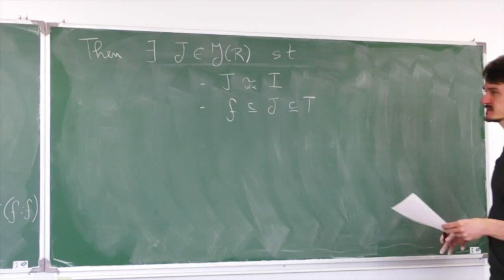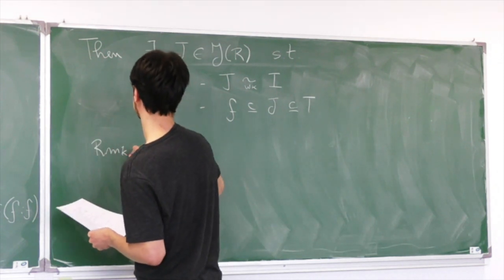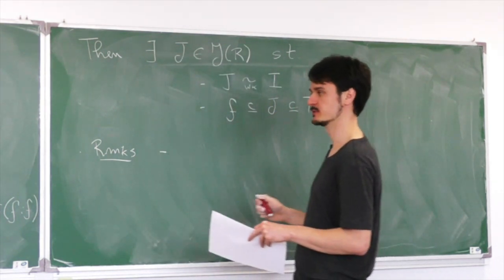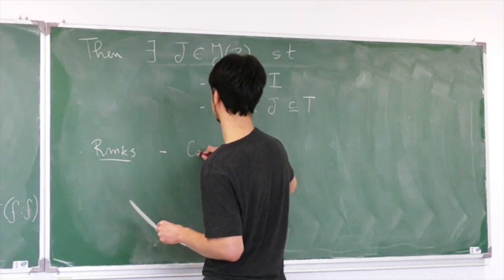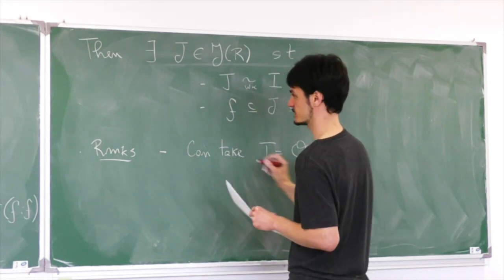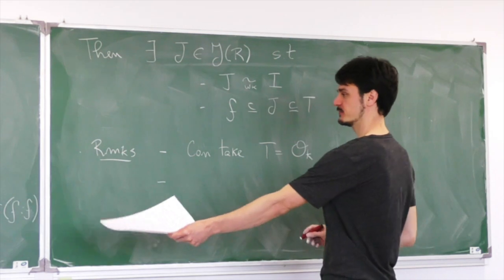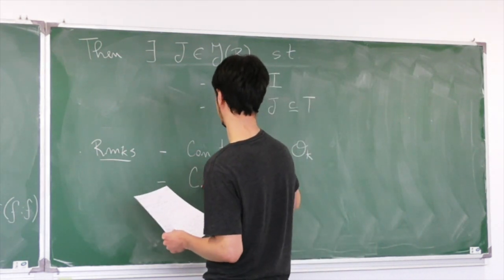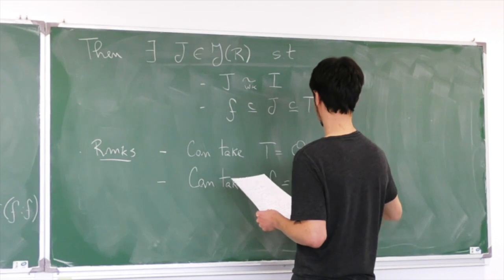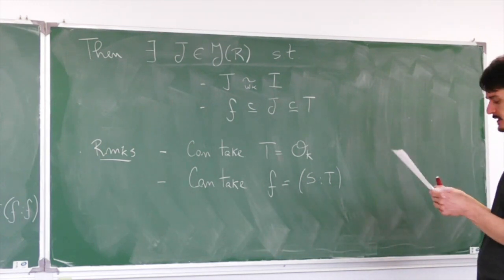Okay, so let me say a few things about this statement and then we're going to prove it. So remarks. One is something that I already said. We can take T to be the maximal order. So such T exists. So O_K satisfies the condition that the order T needs to satisfy. We can also take for the ideal F the relative colon ideal, S colon T. So also there exists an ideal that satisfies the condition that F has to satisfy. But